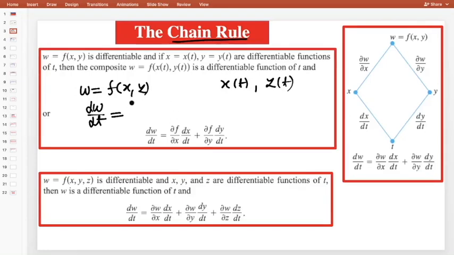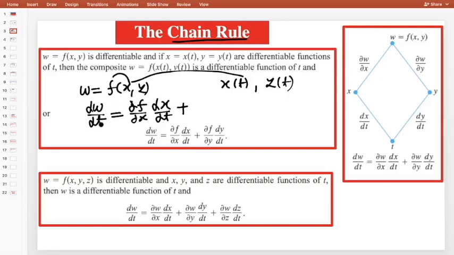First we differentiate this function: ∂f/∂x. Why ∂? Because there is more than one independent variable, and if there is more than one independent variable, then we use the partial derivative. So ∂f/∂x and then dx/dt, so we reach up to t. Since it is a function of x and y, first we differentiate f with respect to x and then x with respect to t. In the similar way, plus, we have to reach t by the chain rule.